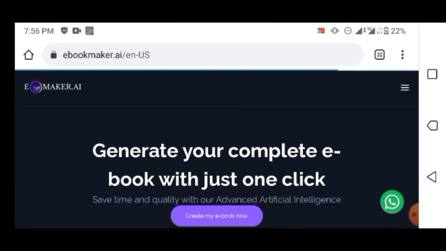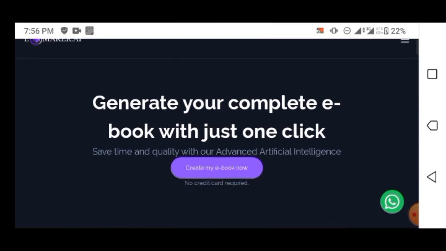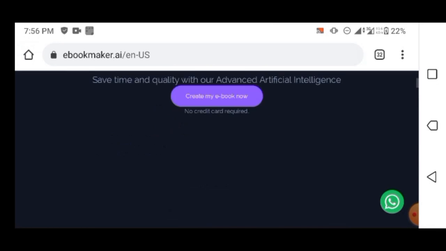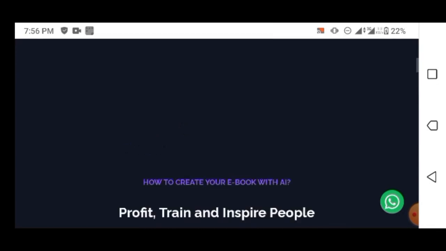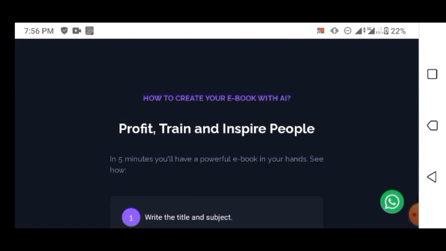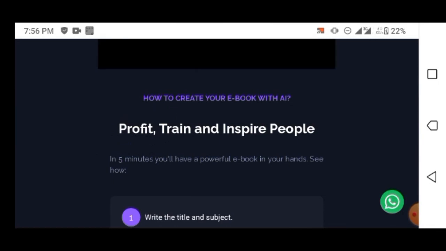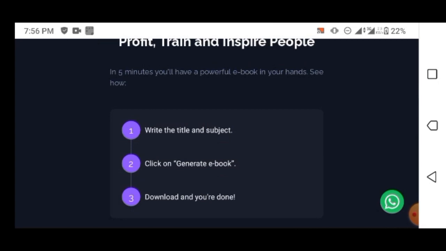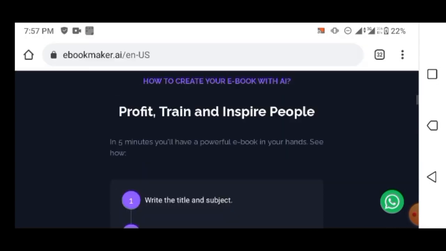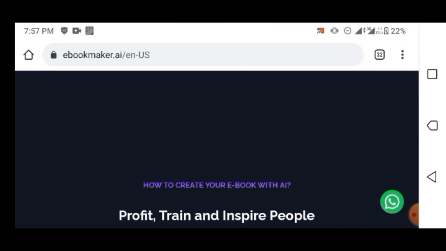So this is ebookmaker.ai on the screen. As you can see, it says generate your ebook with just one click. You can see that no credit card is required, and it can show you how to create your ebook with AI, profit, train and inspire people. What you just have to do is write the title and the subject of the ebook, click on generate ebook, and download your ebook. Just this simple step on how to create your ebook using